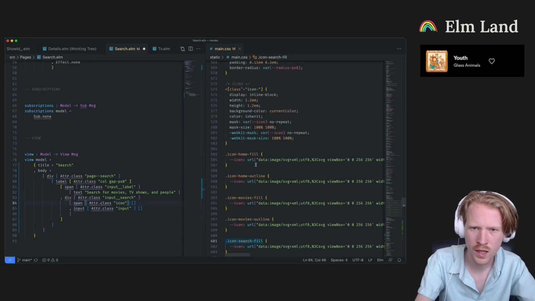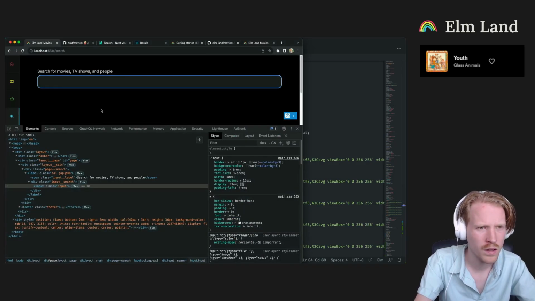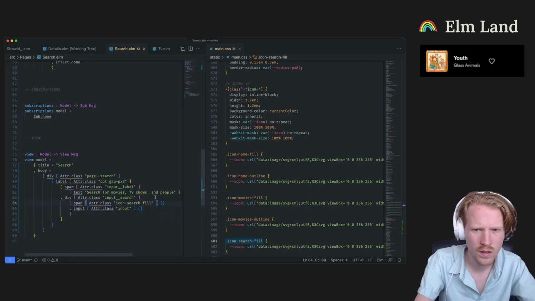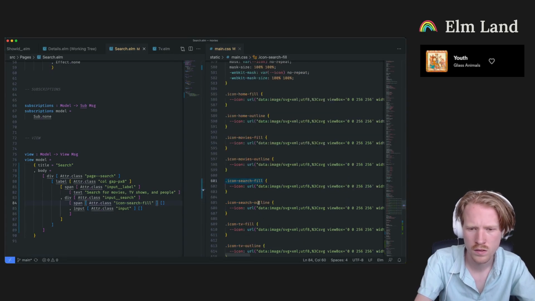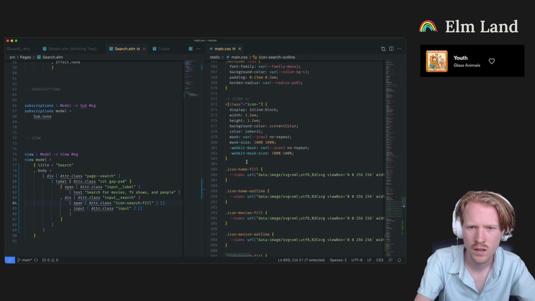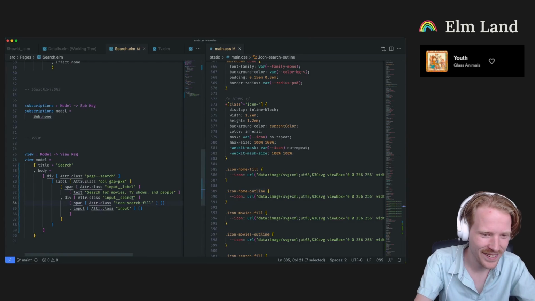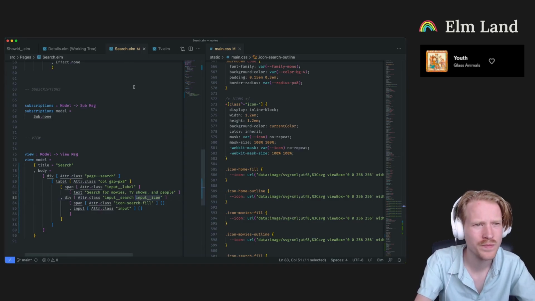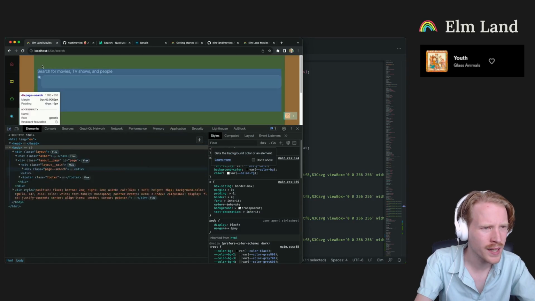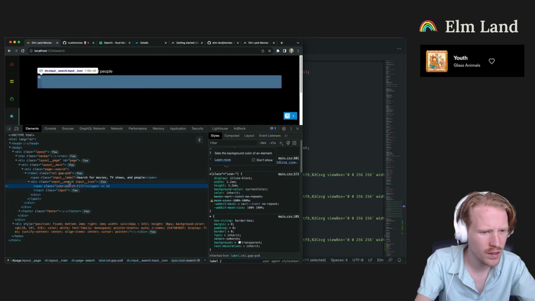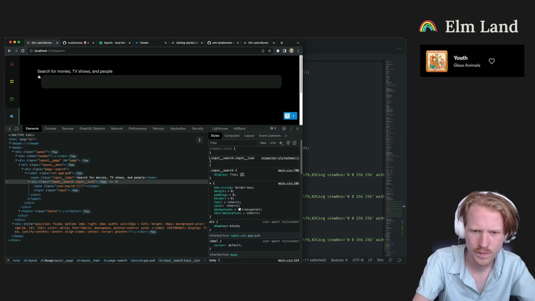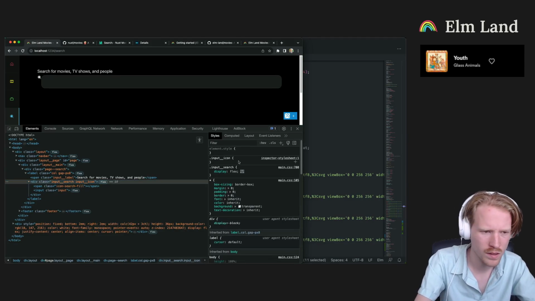Do I just put the icon in? I guess not. What the heck is this? Oh, there it is. I was like, what? All right. And then we're gonna make this input icon, I guess. And then what input icon's gonna have is it's gonna be absolutely positioned, which means that